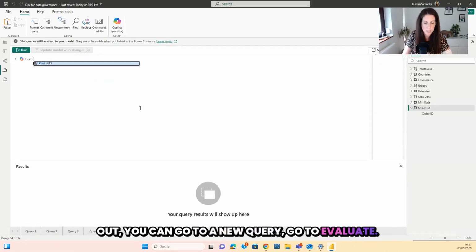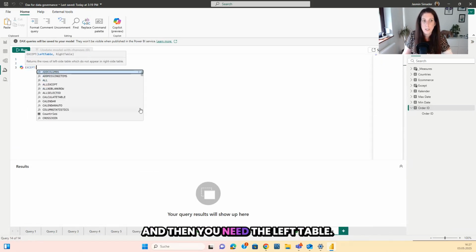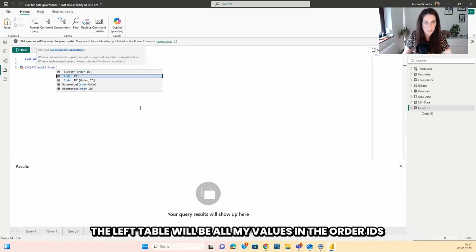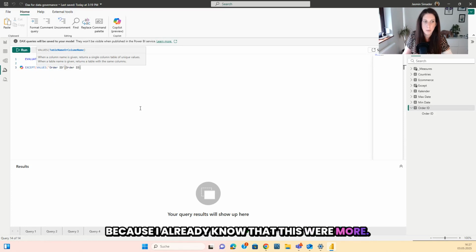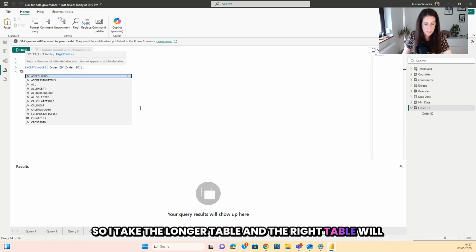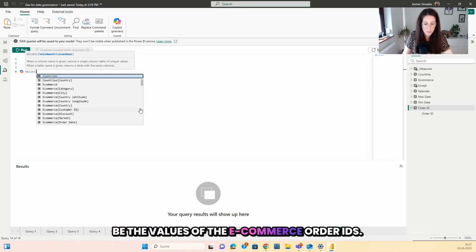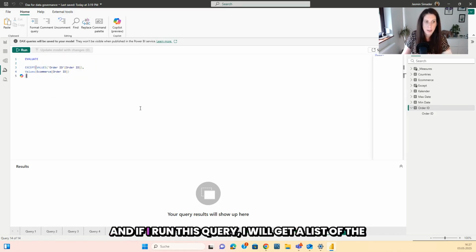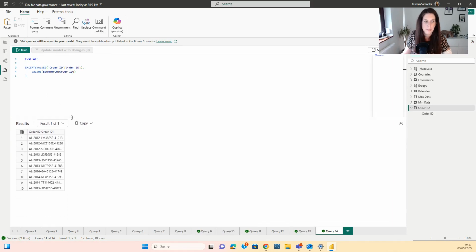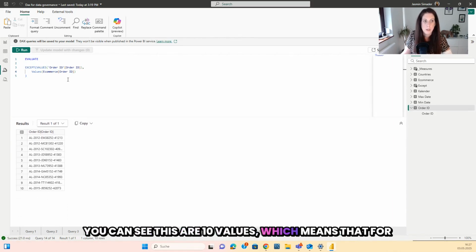And if you want to find that out, you can go to a new query, go to evaluate, go to except, and then you need the left table. The left table will be all my values in the order IDs, because I already know that these were more. So I take the longer table, and the right table will be the values of the e-commerce order IDs. If I run this query, I will get a list of the values that are missing in the e-commerce order ID tables. You can see these are 10 values, which means that for these 10 values,